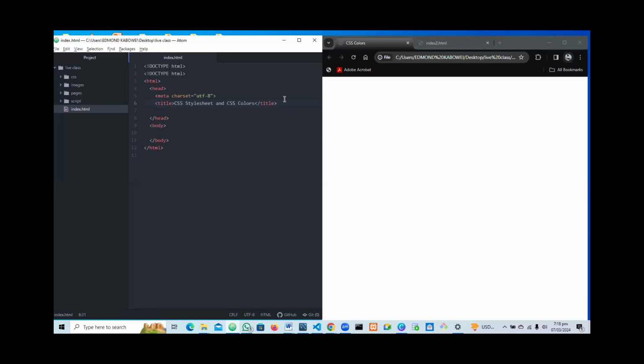So first, we want to have the link that we're going to use. So CSS, we have different ways we can use CSS on our web page. We have the external style sheets, and we also have the embedded style, and we also have the inline style. Now I'm going to illustrate these three styles on the elements we're going to have in the body of this